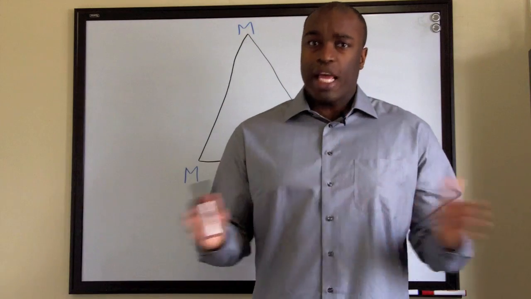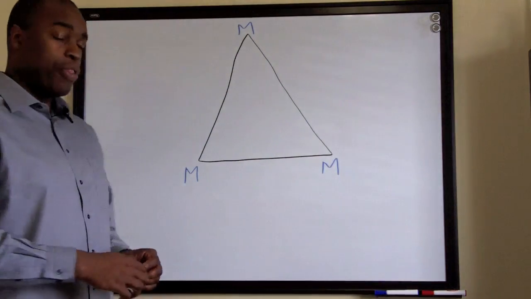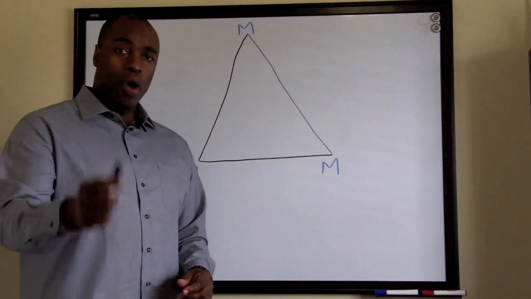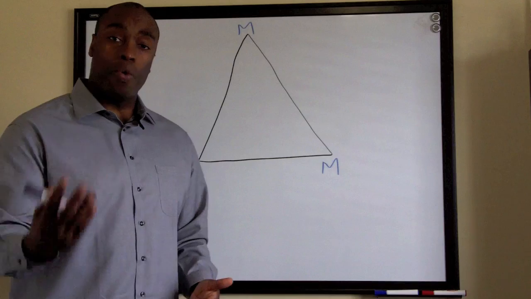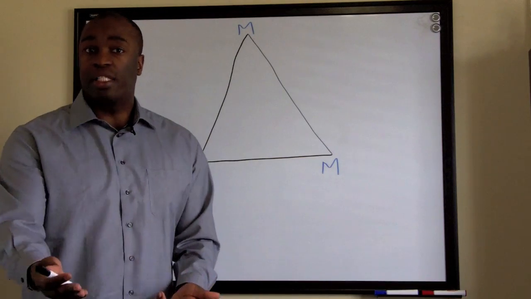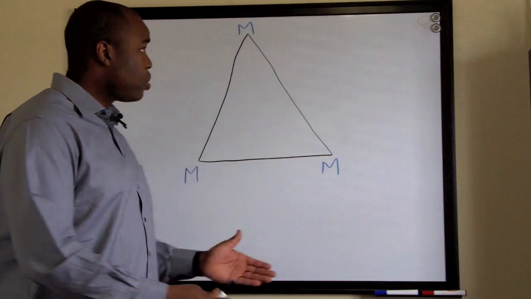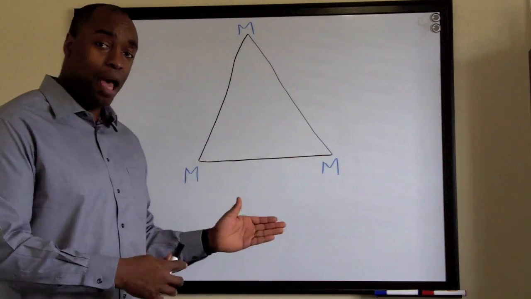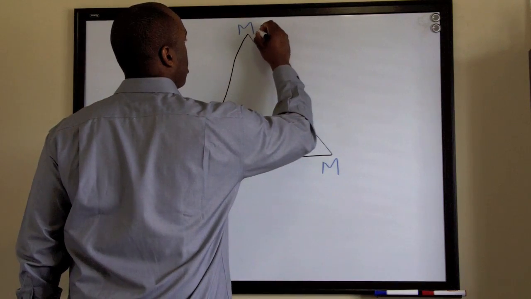So what is the marketing triangle? Well, the marketing triangle is made up of 3 parts, but essentially it is an analysis tool. It will allow you to look over your own marketing efforts as well as the marketing activities of prospects and clients to optimize them, to make them better and more effective. So how does it work? Well, there's actually 3 M's in the marketing triangle. The first M represents